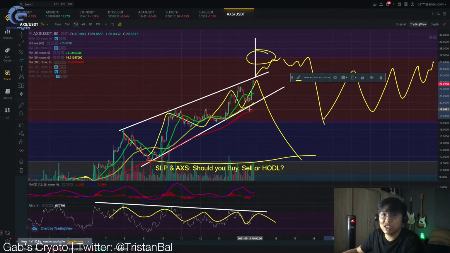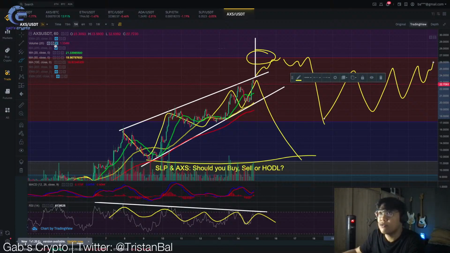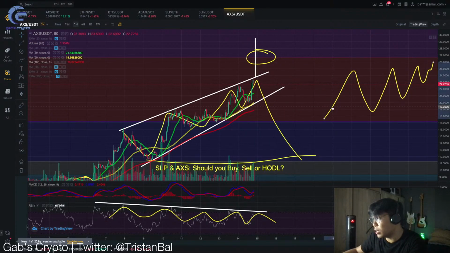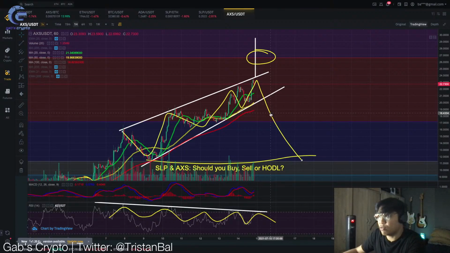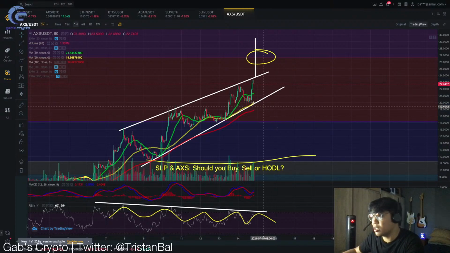So, of course, Axie Infinity token will go up regardless in the long term. So, in the long term, it will go up. Pero, in the short term, you need to understand that the price and movement ng ating Axie Infinity token and SLP, they will always be volatile. So, regardless kung sabihin natin na sobrang ganda ng platform, sobrang ganda ng project, there is no guarantee palagi na in the short term, it will always go up. So in this case, if I were you na isa kang Axie Infinity player and gusto mo mag-breed and gusto mo mag-take profits with your SLP, Smooth Love Potion na inyong token, what you should be looking out for is this technical analysis.